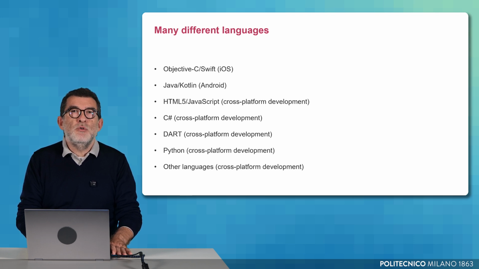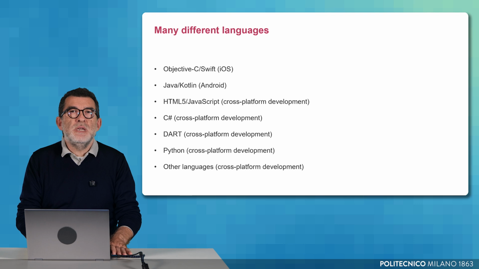To create apps for Apple devices, developers use Swift, a language developed by Apple, which replaced Objective-C. For Android, the preferred language is Kotlin, which has substituted Java. Kotlin is a more modern and streamlined version of Java and runs on the same virtual machine. While Swift and Kotlin are both modern object-oriented languages, they are fundamentally different. You can't write code in one and compile it for the other.